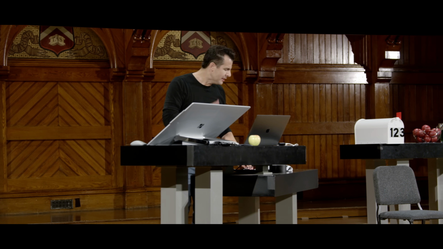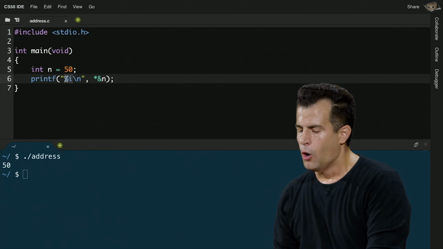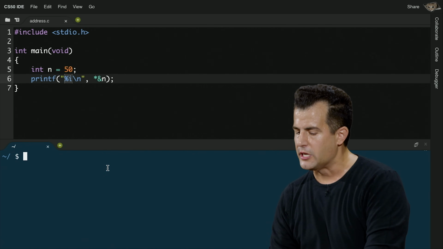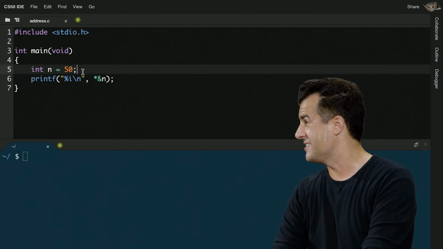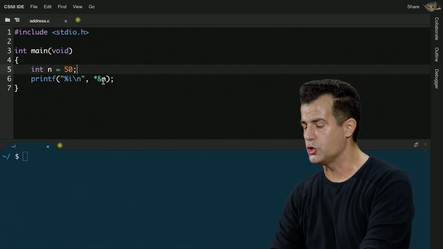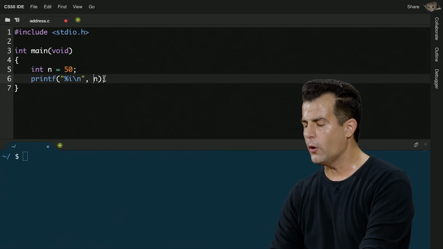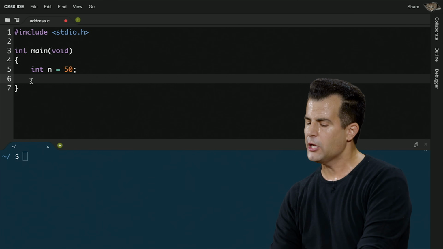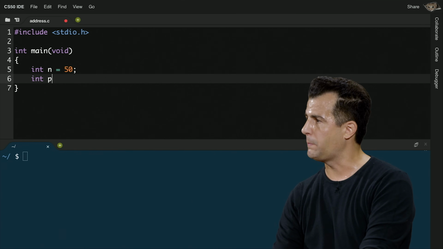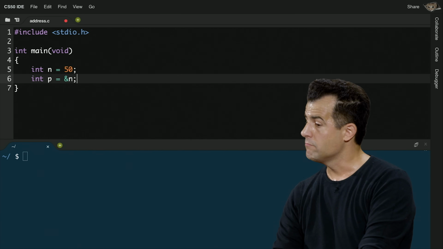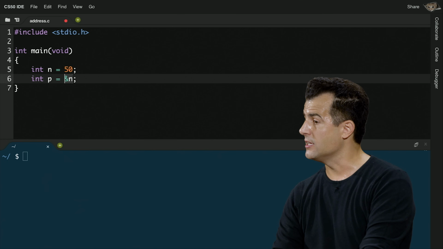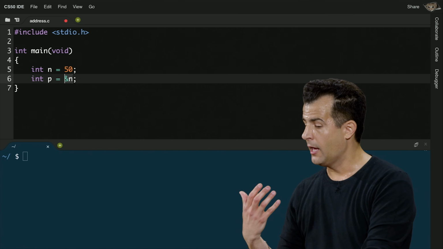All right, so let's just go ahead now and make more clear where we can store information here. Let me go ahead and change this code now as follows. It turns out that you can actually store addresses in variables themselves. I don't have to just do this ampersand thing here. Let me go ahead and change the program as follows. Let me go ahead and declare another variable called p and store in it the address of n. So again, nothing new here. Just says ampersand n, go get the address of n.